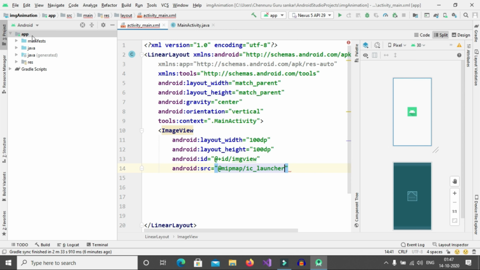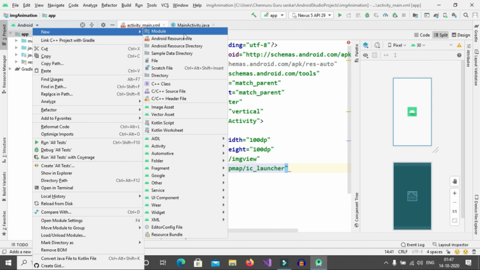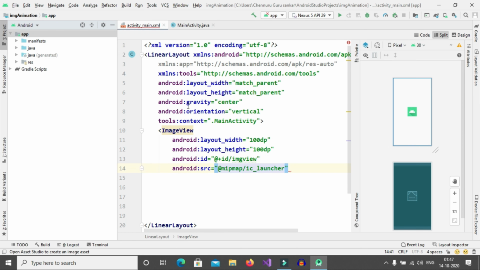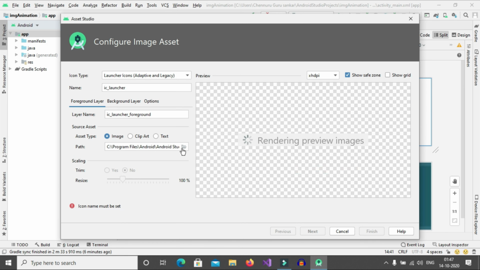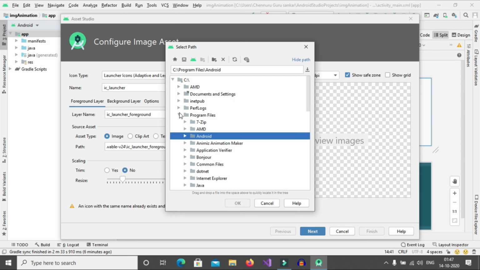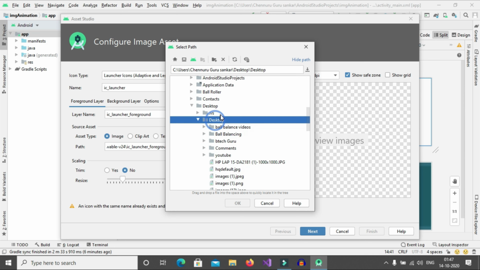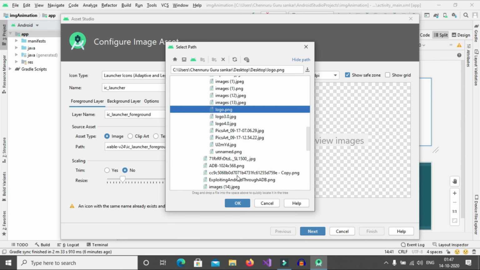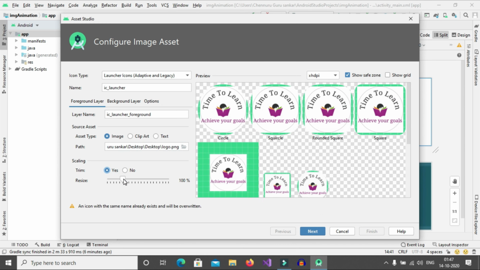If you want to change it, go to app, right click, then select New, select Image Asset. Here we need to select the image. Inside desktop, select the logo, and if you want to crop, yes.